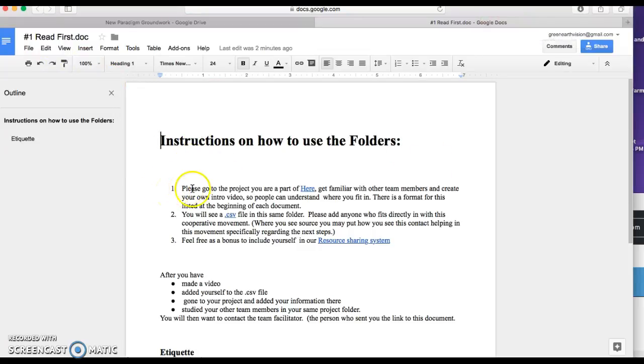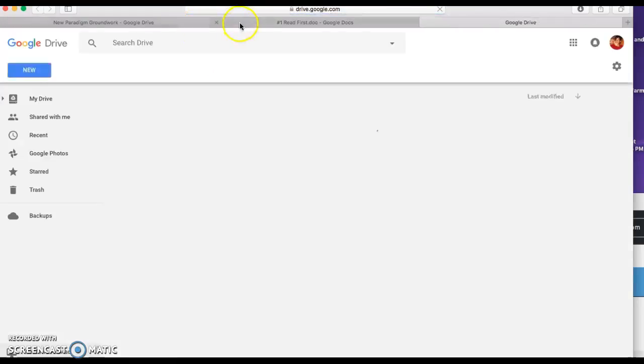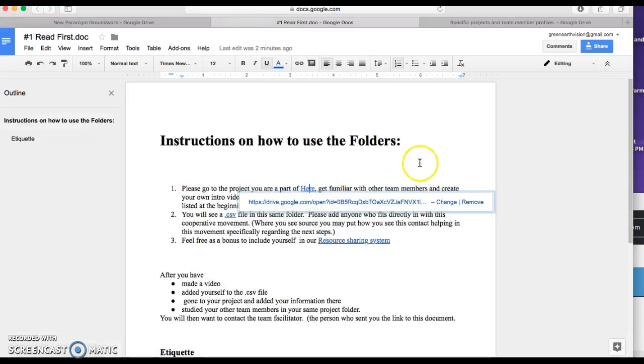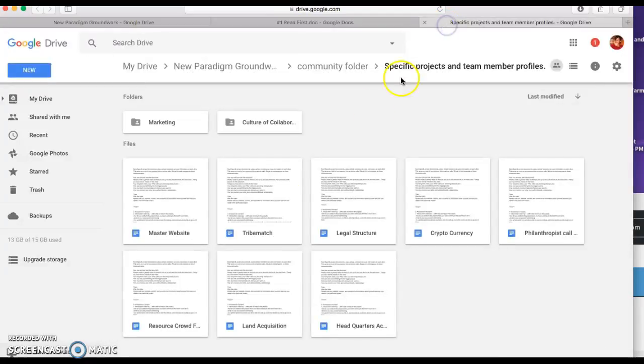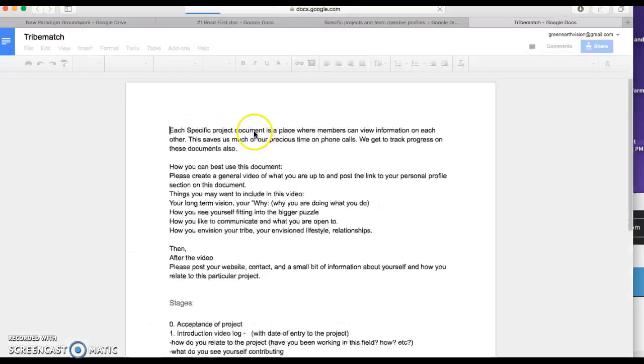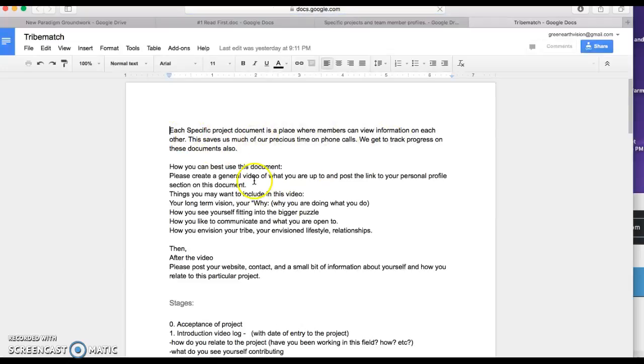Number 1, please go to the project you are a part of here. So when you click on that, you'll see, and it also says, get familiar with team members, create your own video. Okay, pretty much that's what it says. So you go, okay, let's say you're part of the tribe match. It'll give you instructions on how to